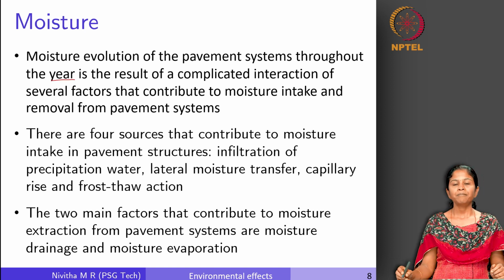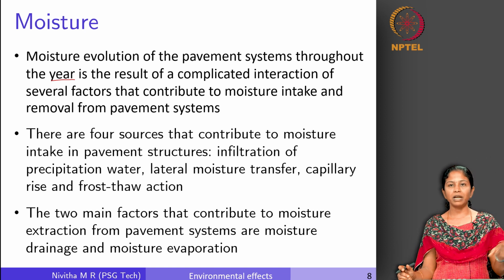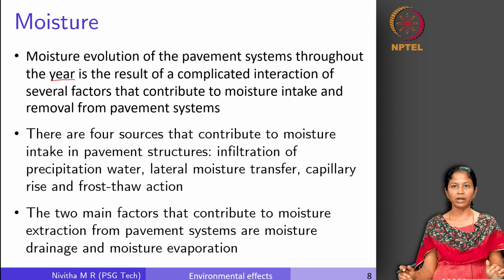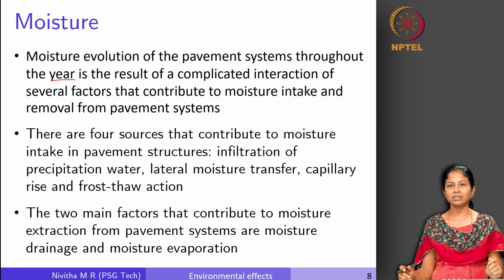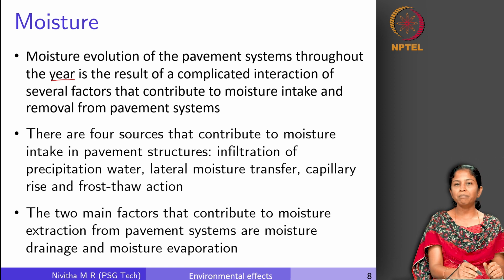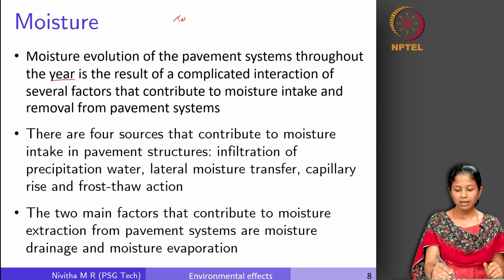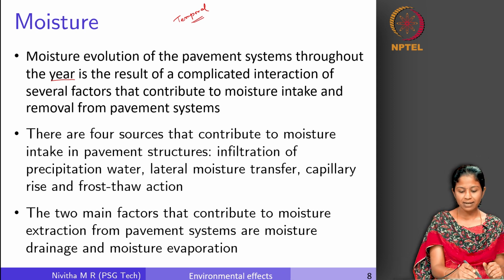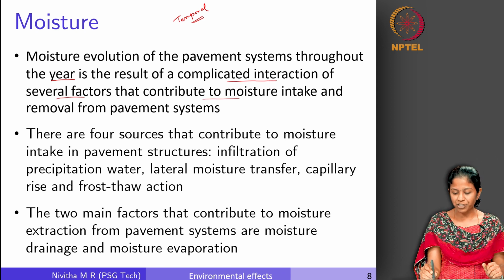You know that over a given calendar year, depending upon the seasonal aspect that a particular location is going to experience, there will be fluctuations in moisture content. So there will be temporal variations, that is variation with time, because of these moisture effects. The variation in a year is a result of a complicated interaction of several factors which contribute to moisture intake